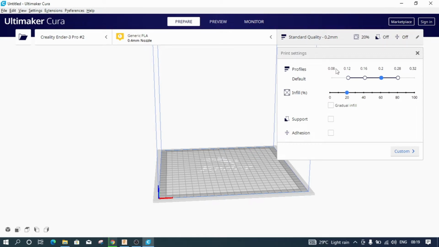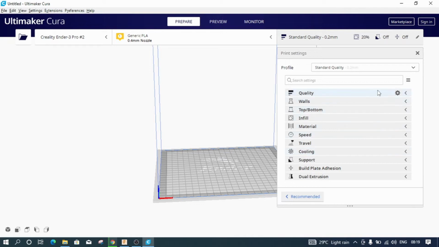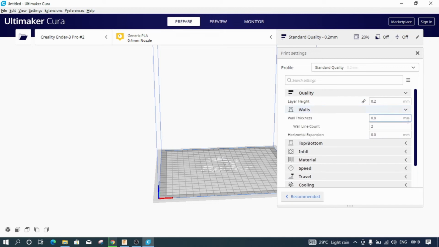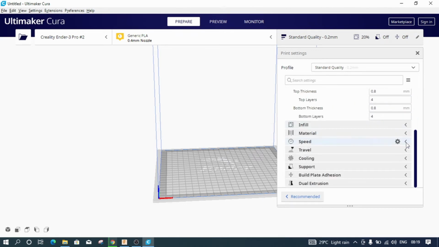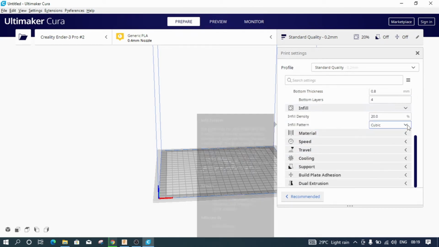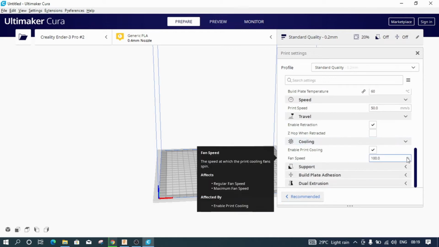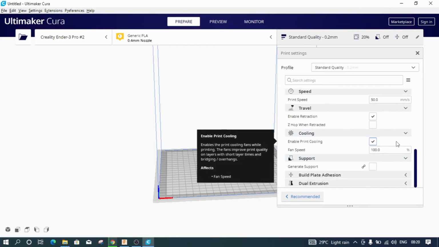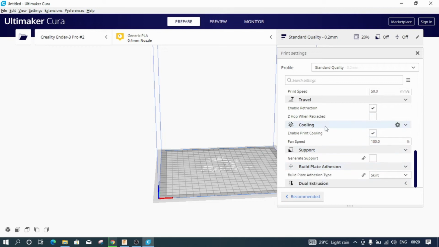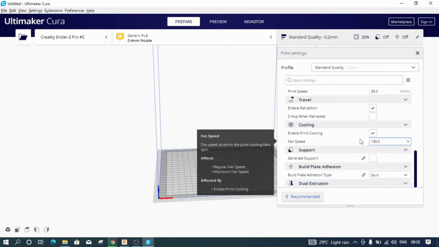After that, the third menu has the main settings which are used for 3D printing. Here the profiles are already default and you don't need to change much, but if you go to this custom button, you can see various custom settings relating to quality, walls, top and bottom layers, your infill percentage, material, speed, traveling, what type of cooling you need, whether you need a support material, what kind of build plate adhesion you are using, and whether you are using dual extrusion or not.